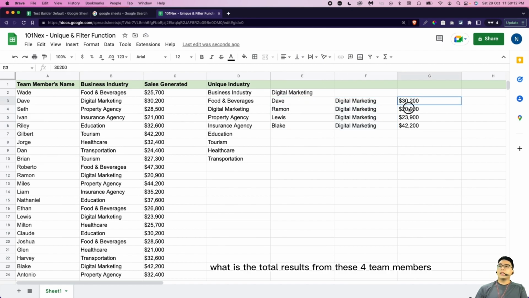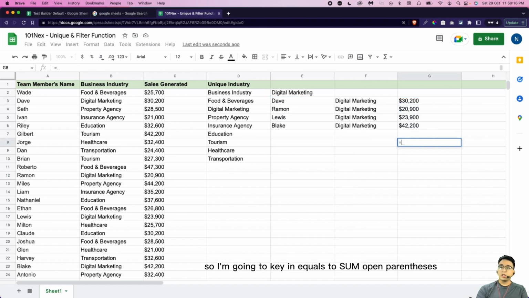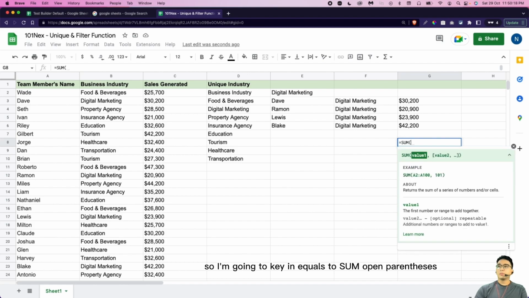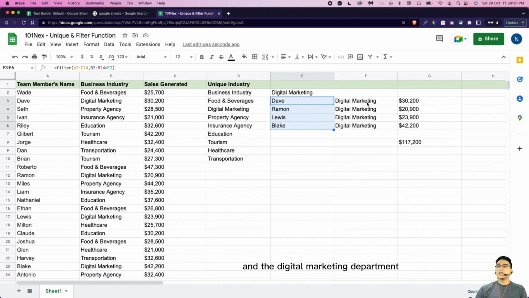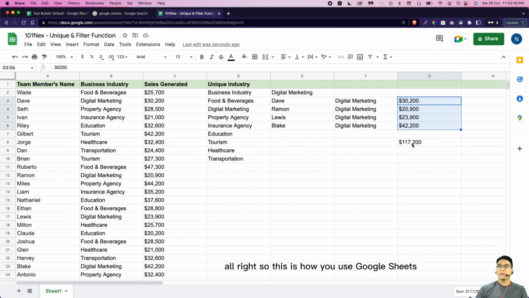And I want to see what is the total results from these 4 team members. So I'm going to key in equals sum, open parentheses. I just highlight these 4 columns here, close parentheses, and tap on enter. And now I can know that 4 of my team members under digital marketing department, the total sales generated is 100,000+. Alright, so this is how you use Google Sheets to create your unique industry list and as well as